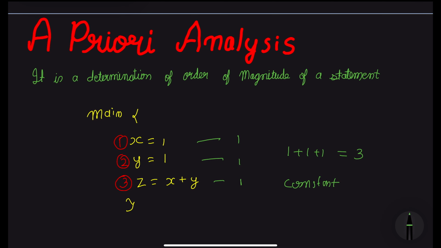We are assigning 1 unit of time for every operation, whether it is assignment, multiplication or addition. Some people will say in some languages multiplication takes more time than addition, then why have we allocated the same time for both? To answer that, a priori analysis is independent of any programming language and it is done when the logic of the algorithm is written even before the coding is done. That's why for execution of a single statement, we are taking 1 unit of time.